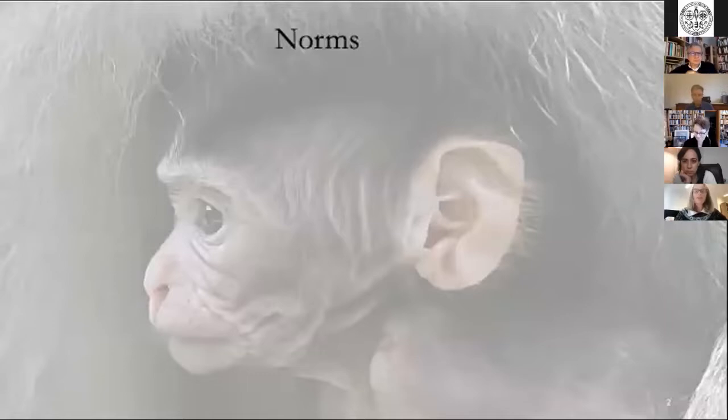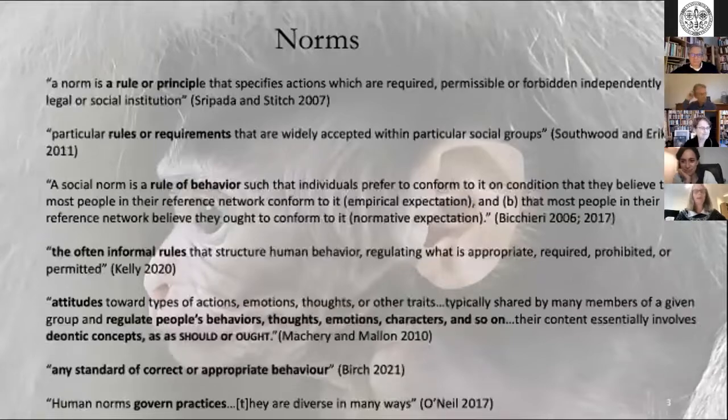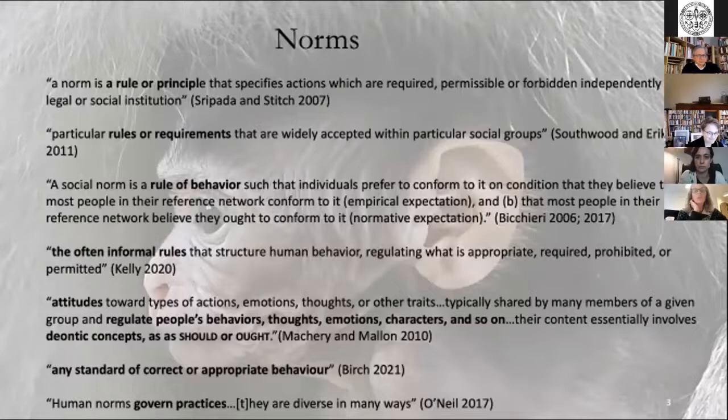And so I want to start by going back to this question of norms and how norms are conceptualized by a variety of different researchers who've been working on this topic. So what I have on the slide here is simply a list of different definitions of norms by researchers who are interested largely in norm cognition or social norms and trying to describe the actual practice of social normativity in